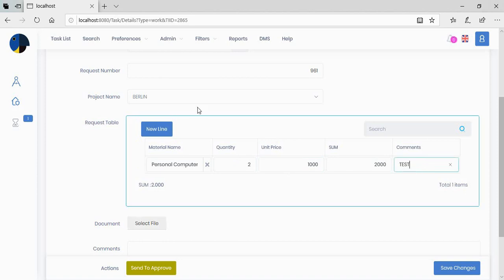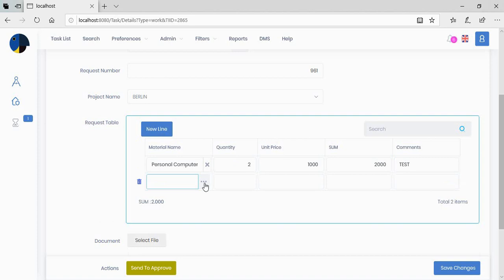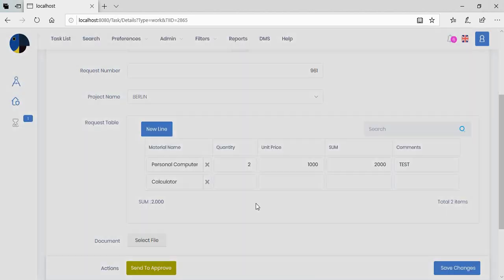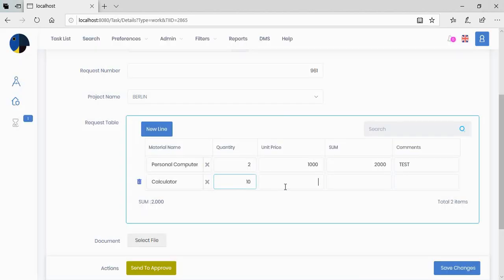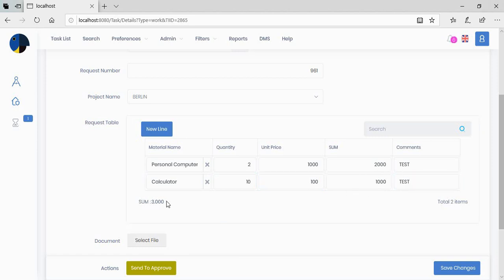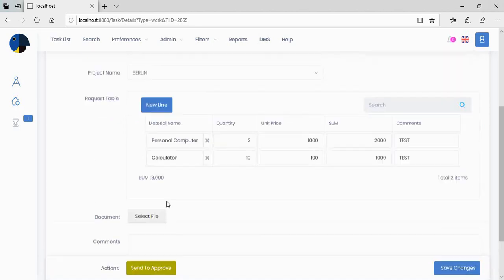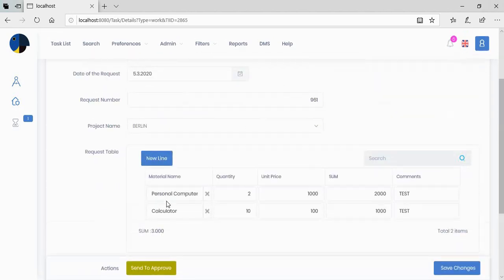I can add another line, let's say this time calculator, I don't know, 10 with a unit price of 100, and I again say test, and the sum is calculated here. Right,